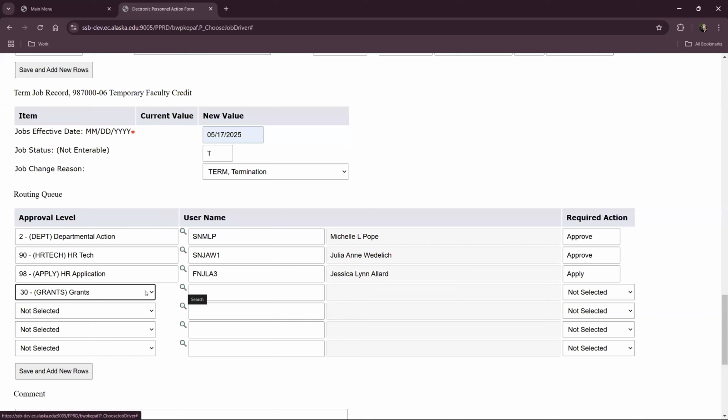Please note that even though I'm adding a grant approver at the end of this list, when this is routed, it will route according to the numerical value and not according to the list you see here. So it will go to the department approver first, and then the grants person, and then HR tech, and so on.